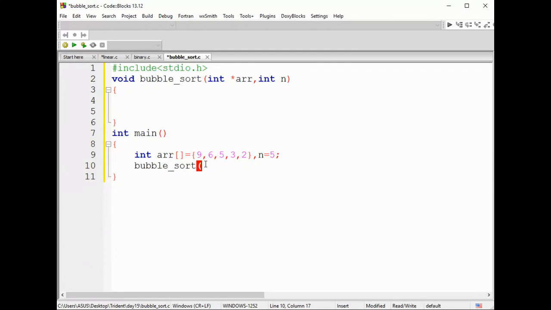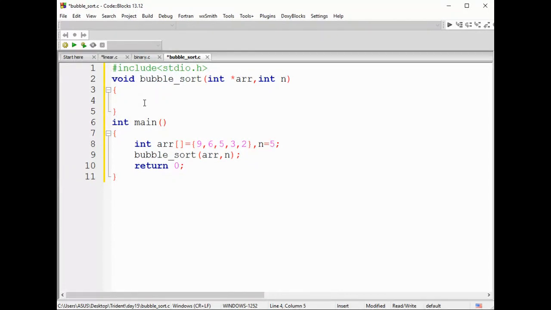And here I'm going to pass your array, followed by the size of the array, as a parameter. By passing this, you're going to print the sorted array. This is a rule. Now let us go ahead with the logic. So what I'm going to do is arrange this data in an order.